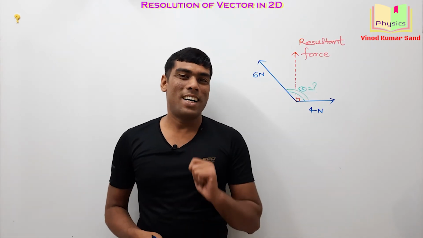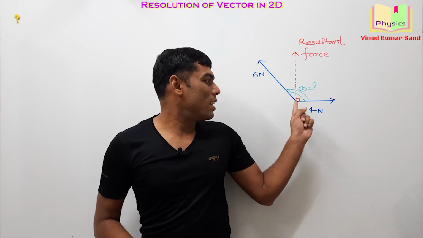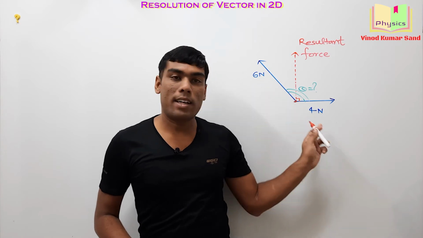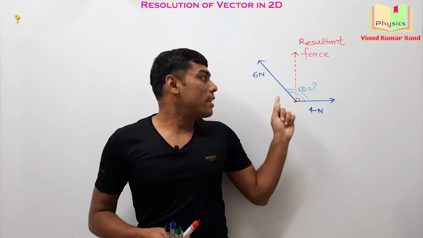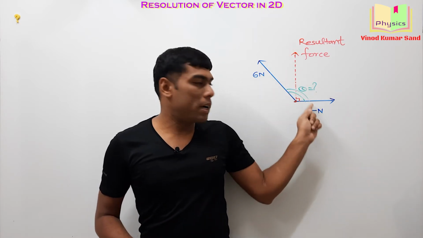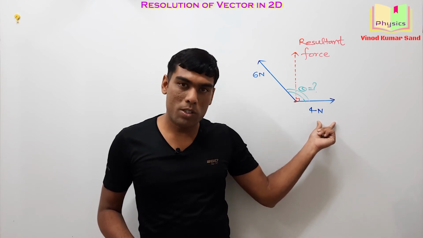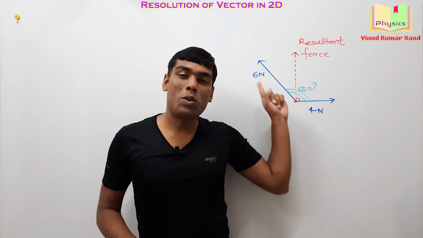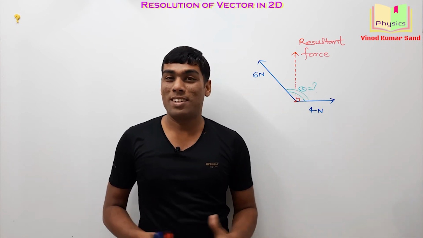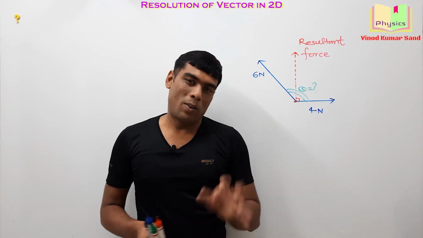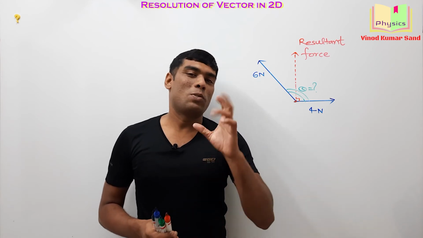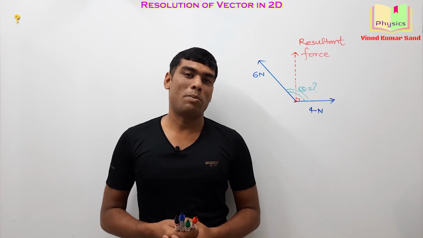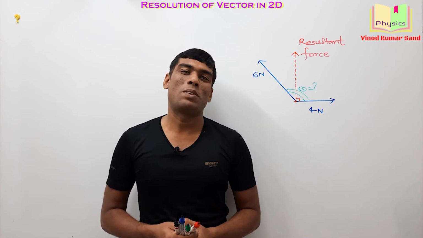Here we have a simple and interesting question. Two forces, namely the 4 Newton and 6 Newton, they are acting as shown. And the resultant force is perpendicular to the 4 Newton force. Then you need to find the angle between the 4 Newton and 6 Newton force. Pretty simple one. Okay, I am giving you a quick hint. Use the triangle law of vector addition diagrammatically. You will get the immediate answer. Give it a try.